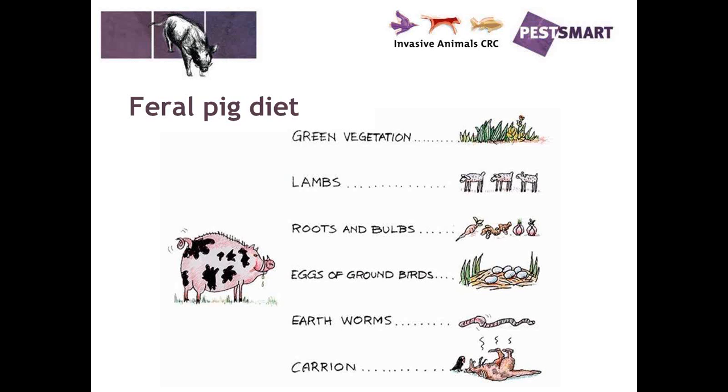They'll also chase lambs during lambing times, and studies have shown that between 30 and 40% of lambs are taken by feral pigs. They rarely leave any signs at all of predation. Particularly with lambs, you may find a skull or hooves or some wool, but sometimes it can be difficult to determine what's actually taking the lambs. But if there's no sign at all, a lot of the time that's pigs.